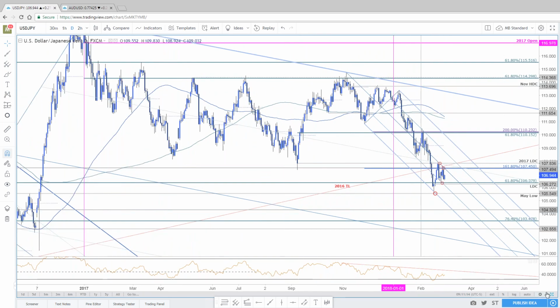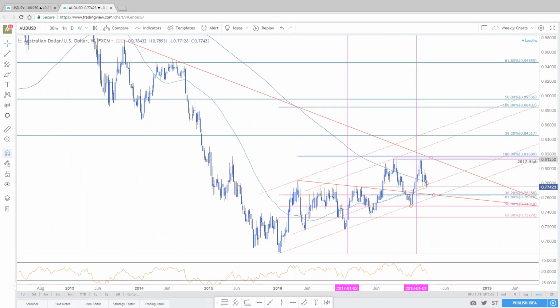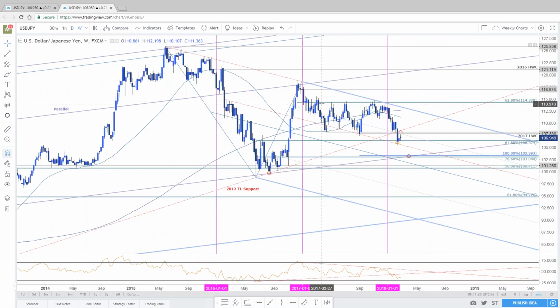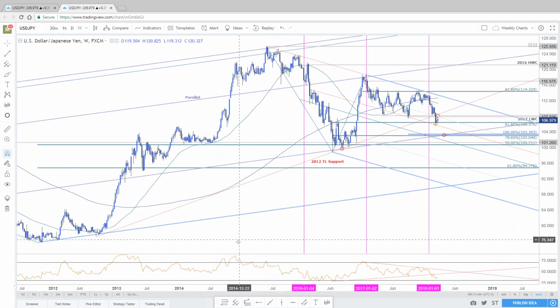In dollar yen, objectively speaking, guys, looking at this from the weekly standpoint, one other thing I want to note is we were in a major range for the majority of 2017 since March, right? Support, resistance, support, resistance. This is the break of the downside of the range. You'd expect resistance there, right? Try to break it down to basics and keep it as simple as possible. So as long as we stay below that, we can't really get too constructive on dollar yen yet.